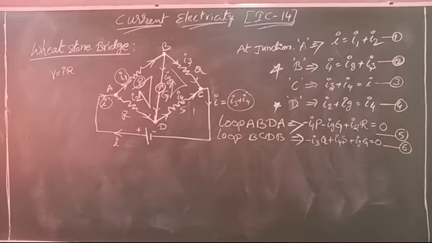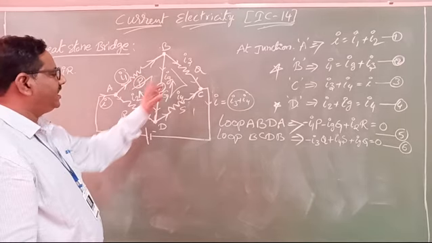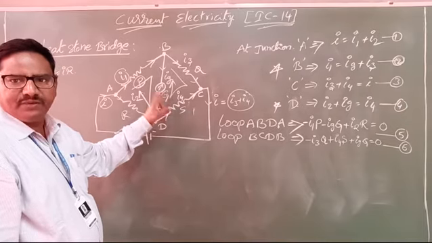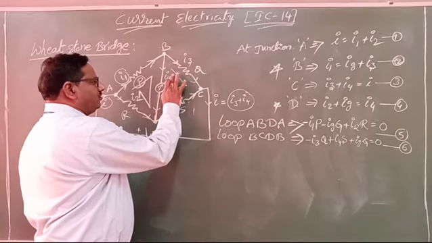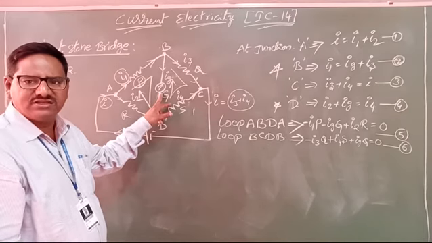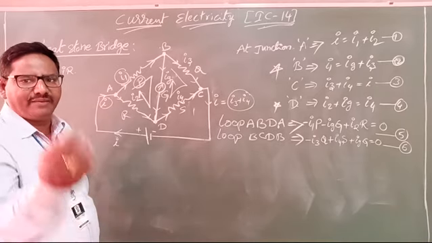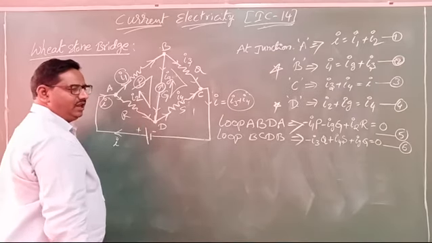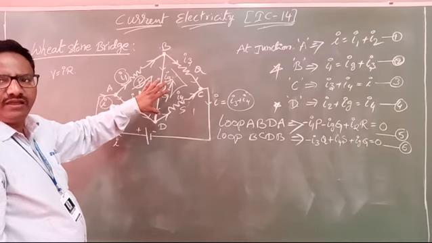Okay, now see here. If we adjust the resistance values until the galvanometer shows zero deflection, that means the bridge is said to be balanced. That means Ig equals 0. It does not show any reading, so the current in the galvanometer becomes 0. When it becomes 0, here is one more small important point: here potential and here potential are both equal. Then it will be 0.